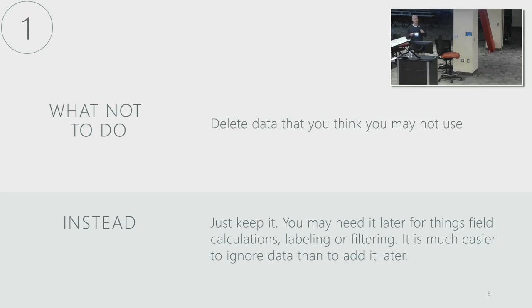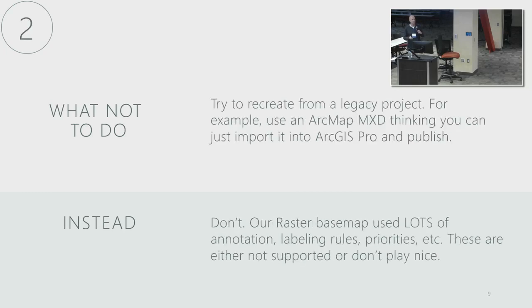Vector data might not be a real GIS spatial layer with attributes, but you can still use information that is contained within the vector. So you can use it for things like labeling, filtering, kind of tricky ways, or when you're preparing the data, you can do field calculator and Arcade and SQL and stuff like that. So just don't delete it. If it's already there, just leave it. And if you think you might need it, keep it. I wasted a lot of time.